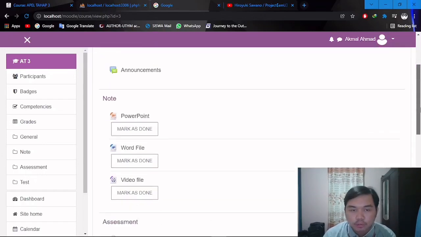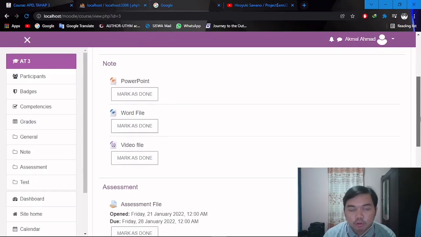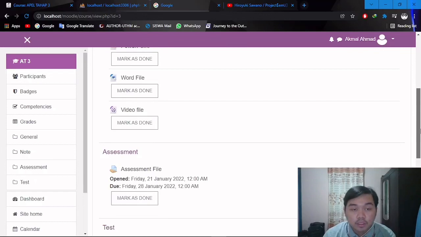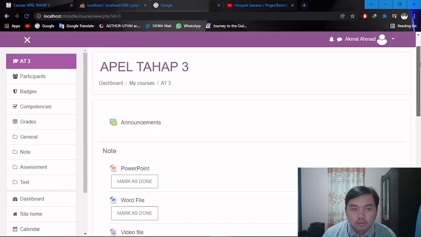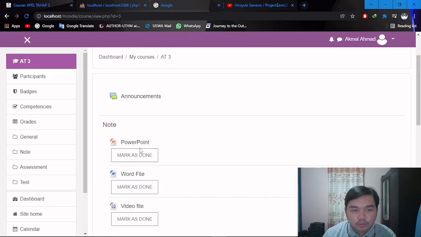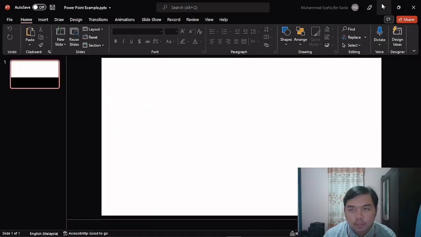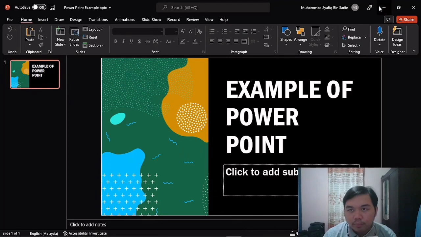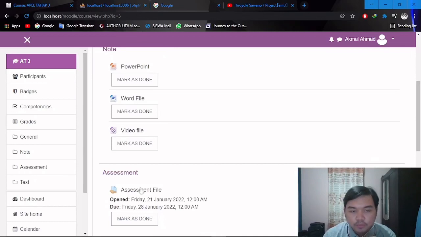They can see the notes that have been sent by the lecturer, teacher, or maybe the admin. And here you can see the assessment and even the test. So from this dashboard, the student can download and see most of the notes or files that have been granted by the lecturer. For this example, there are multiple files like PowerPoint, Word files, and even for the assessment a PDF file.